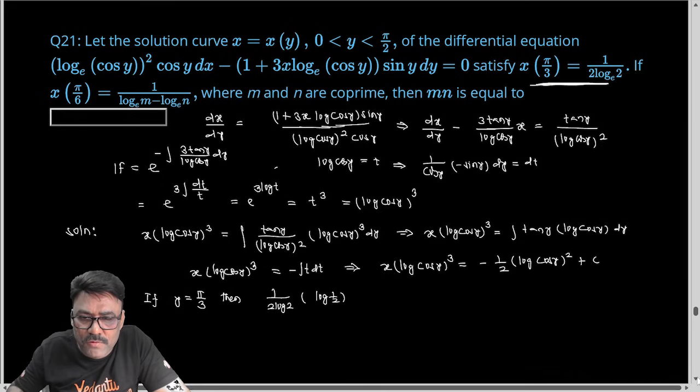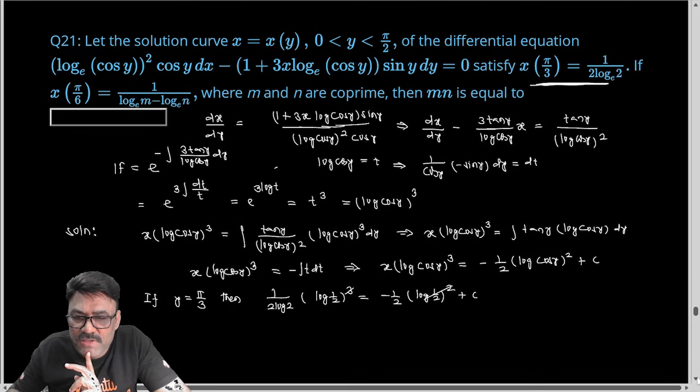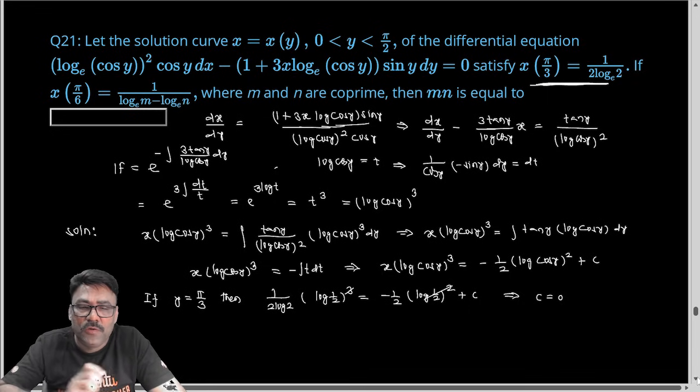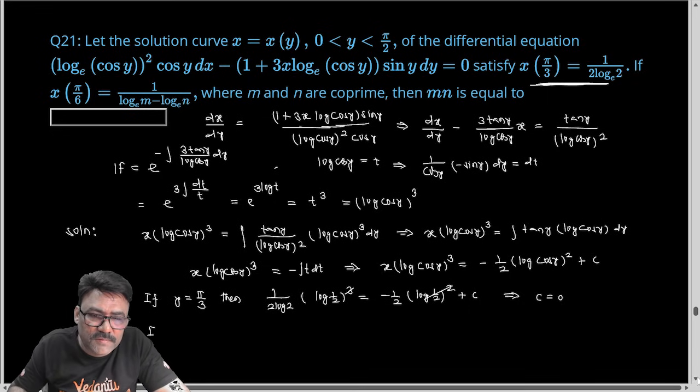So (log half) whole cube minus half (log half) whole square plus c. So this log half square is cancelled. Log half can be written as minus log 2, so log 2 also cancels. Ultimately c is 0. Now if I put y equal to pi/6, and since c is 0, so I can write